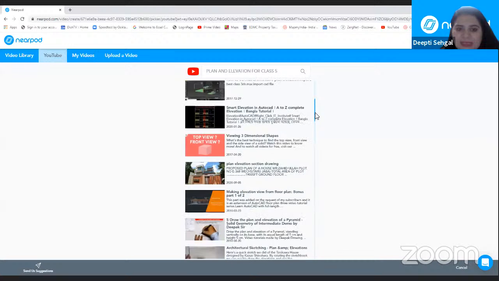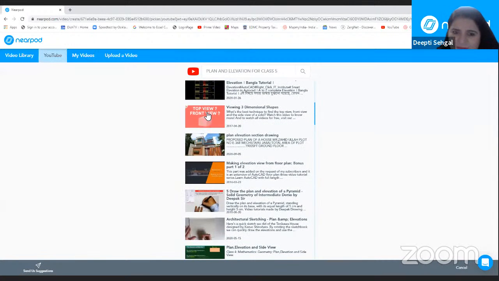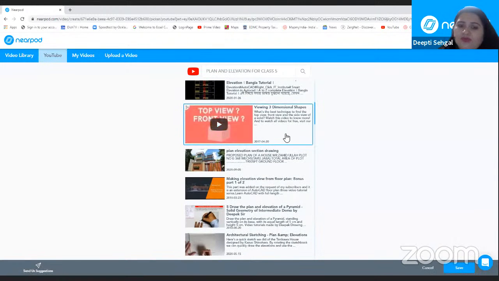Now suppose I'm liking this video, top view, front view. I'm finding this a very nice video. So I want to preview this video. I want to see how this video is. Then I have to click on this video, one click only. When I click, you will see there is a blue rectangle around my video, and a play button is there. When I click on this play button, I can see my video being played. Look at this colorful cube. It's three-dimensional as it occupies space. So I'm not playing this complete video here. It is just to show that you can also